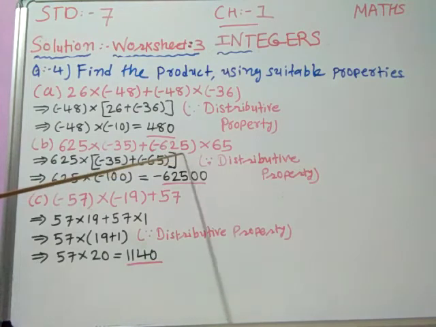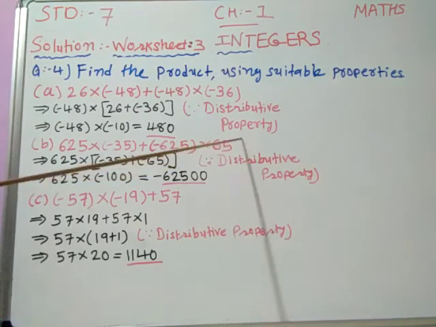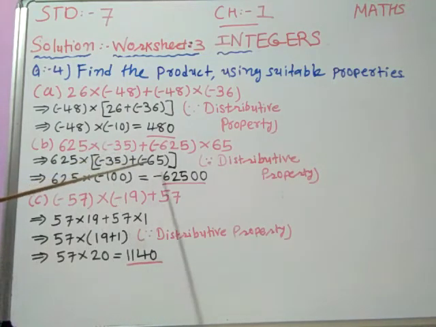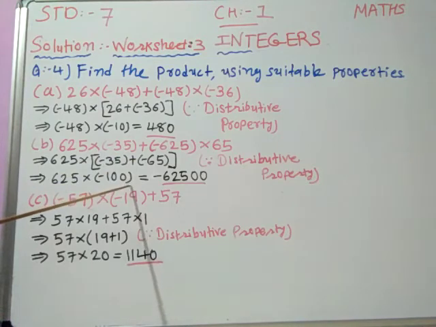So the negative sign remains, which we multiply with the 65. So 65 becomes minus 65. Now put the common 625 outside of the bracket. 625 multiply minus 35 plus minus 65, because the minus sign remains, so it's minus 65. Now 625 multiply, minus 35 plus minus 65 is minus 100. So 625 multiply minus 100 is equal to minus